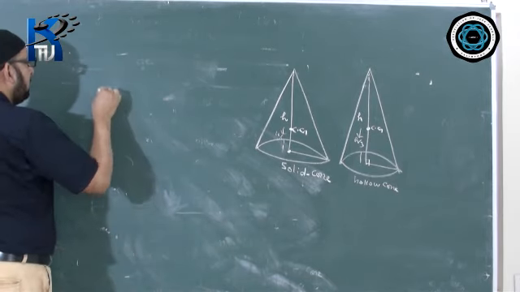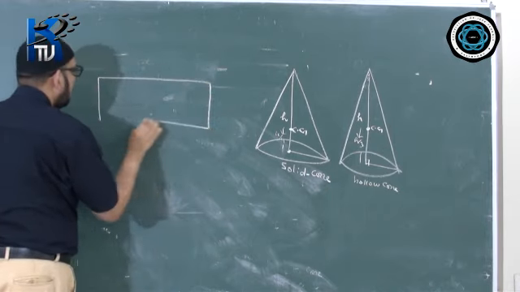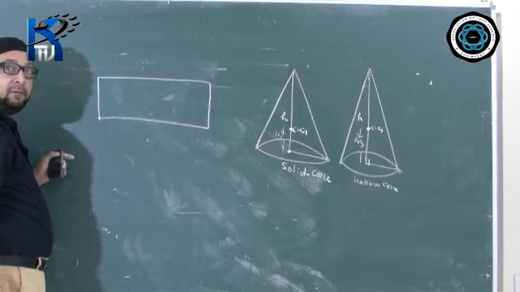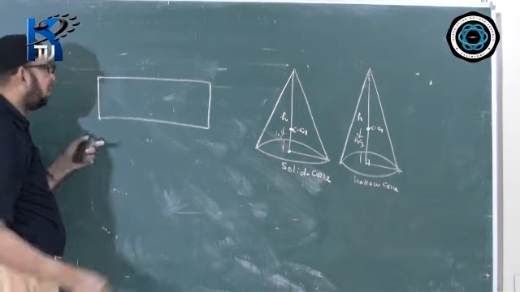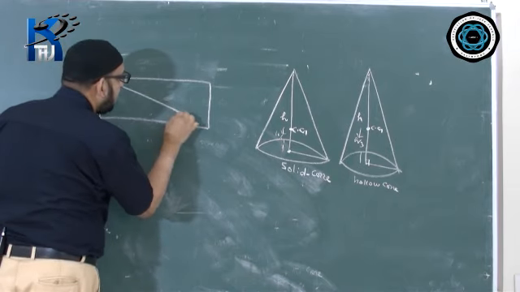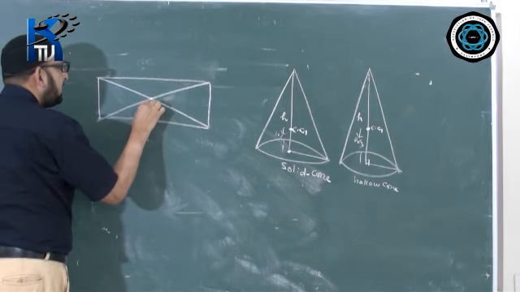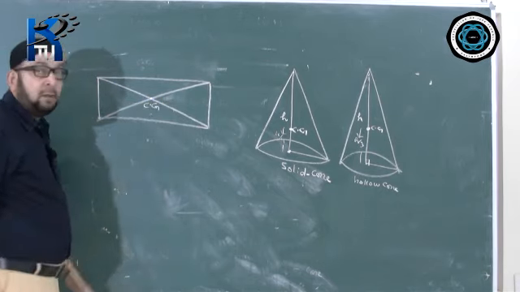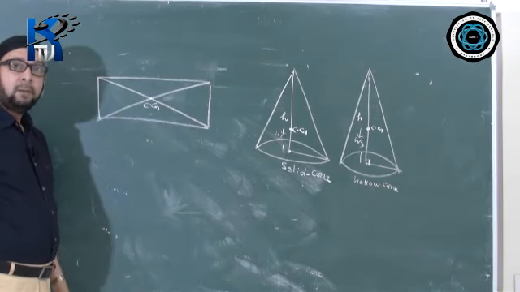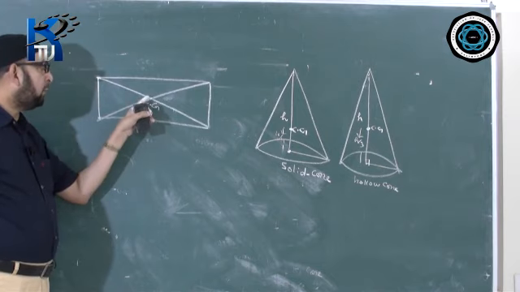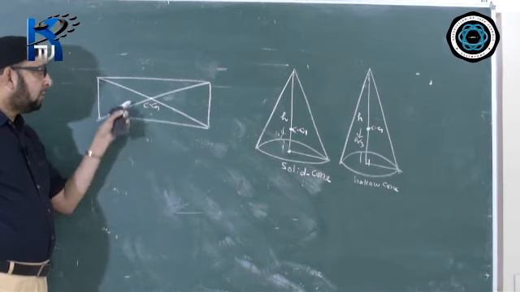And in case of a rectangular body like this, the position of CG will be the point of intersection of its diagonals. One diagonal will be like this, another diagonal will be like this. Here is the position of CG situated. So please mention, in case of a rectangular or a square or a parallelogram, the position of CG is the point of intersection of the diagonals. So this also could be a case.